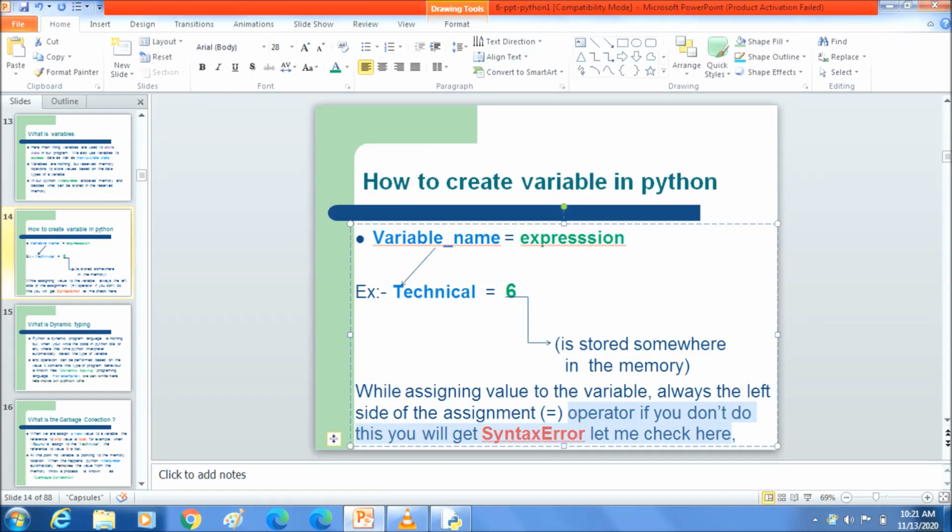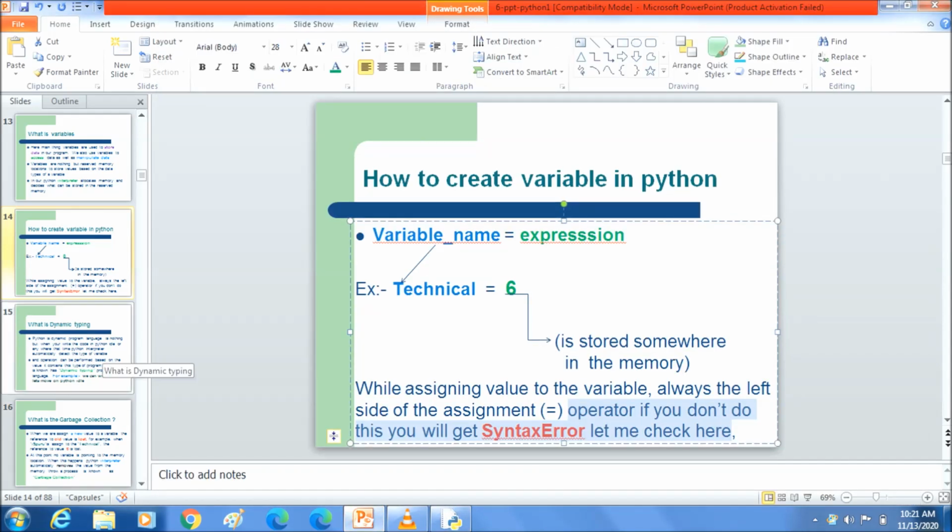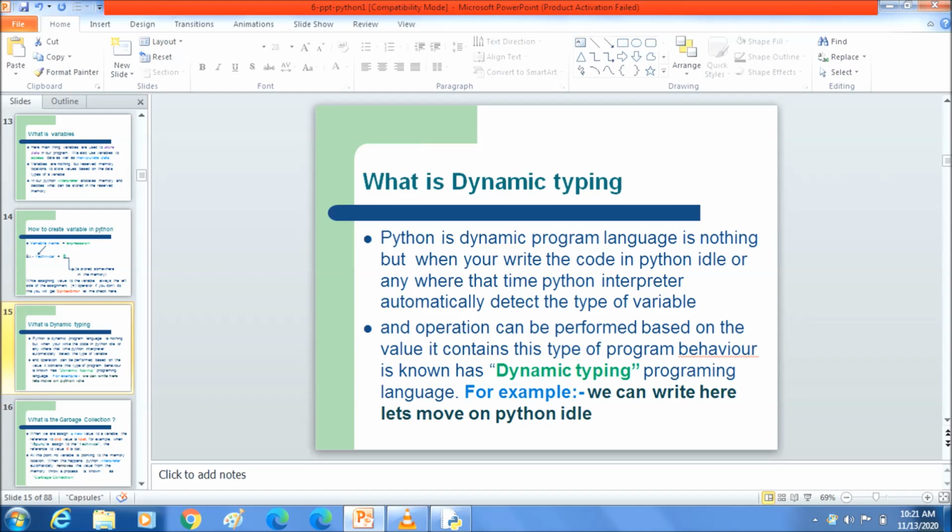Let's move on to the second topic: what is dynamic typing. Python is a dynamically typed language. When you write code in Python IDLE or any IDE, Python automatically detects the type of the variable and the operations that can be performed on it based on the type of the value it contains.